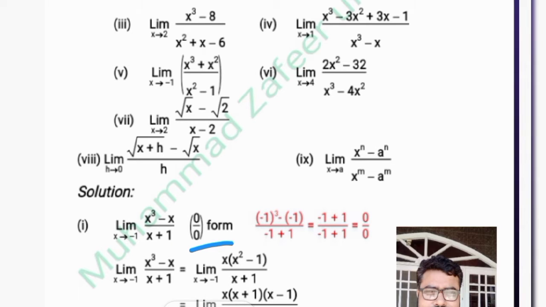Another technique is rationalization, or it can be any term which I will explain in the questions. As there are 9 parts, I will explain the terms of algebraic technique in the solution of these parts. Now I will start the first part, that is x cube minus x